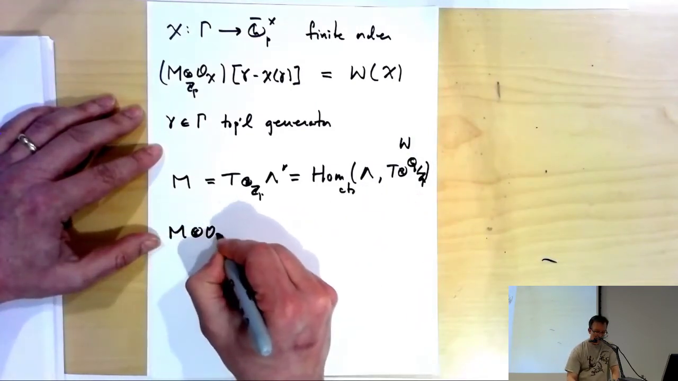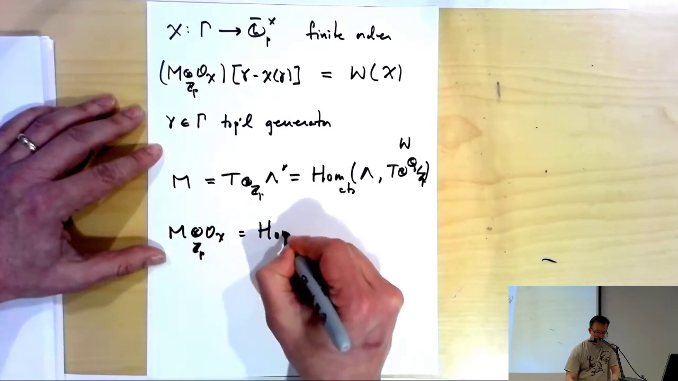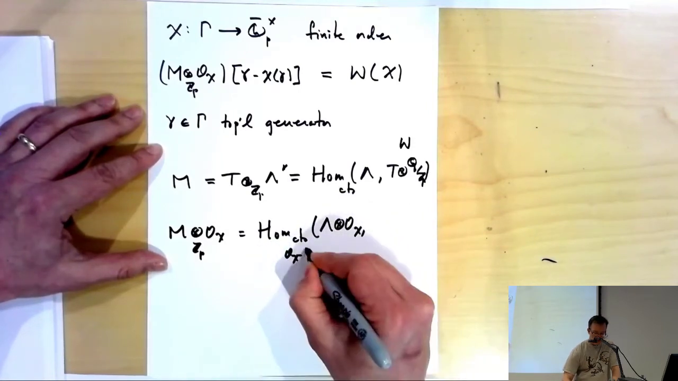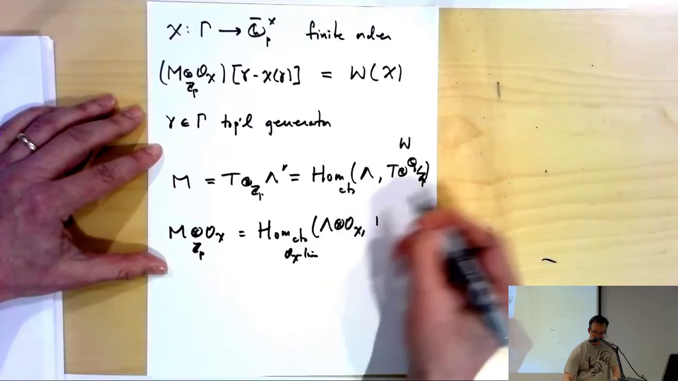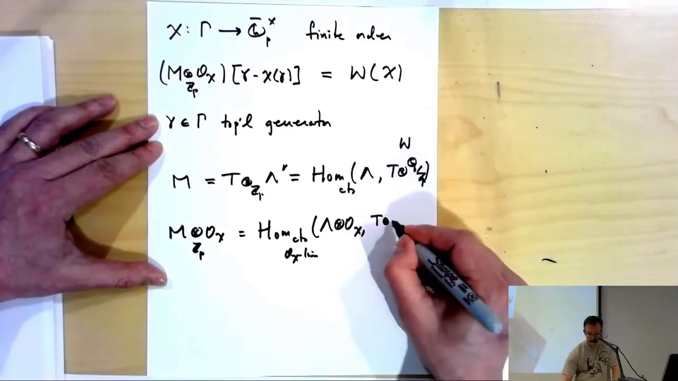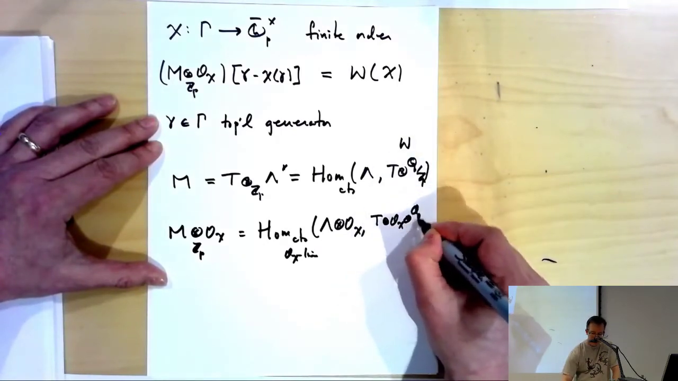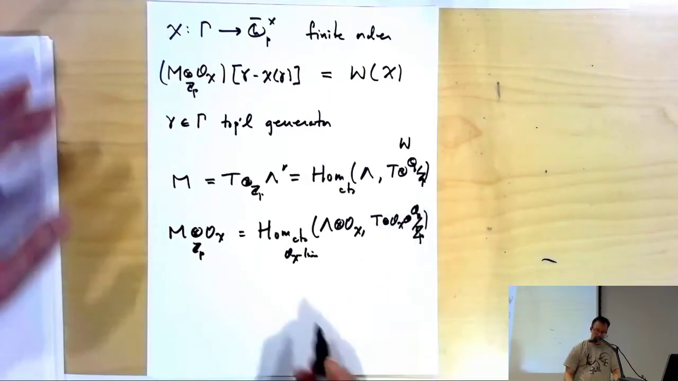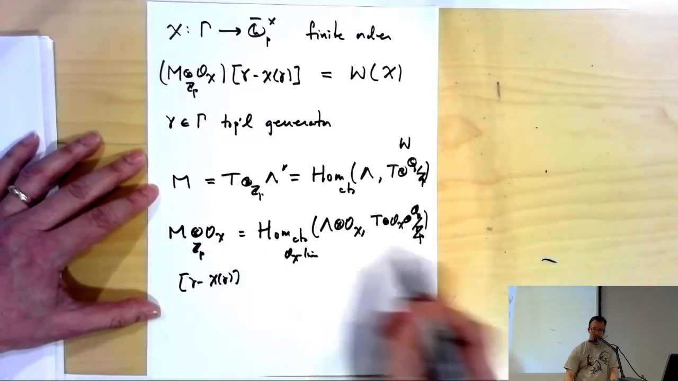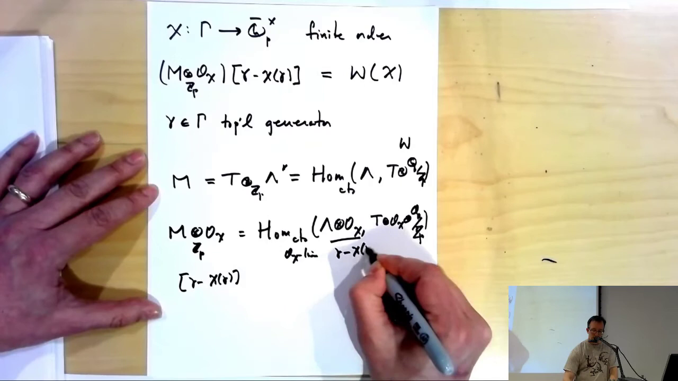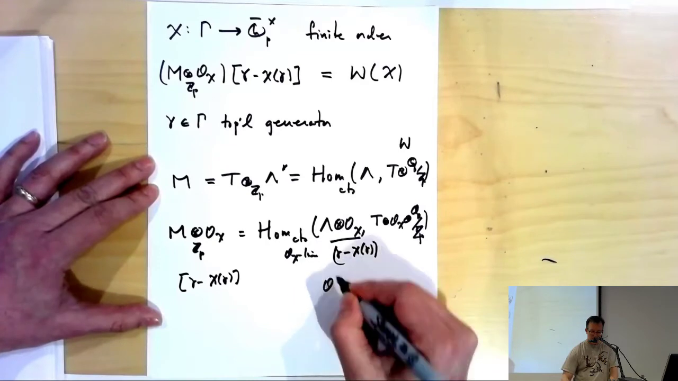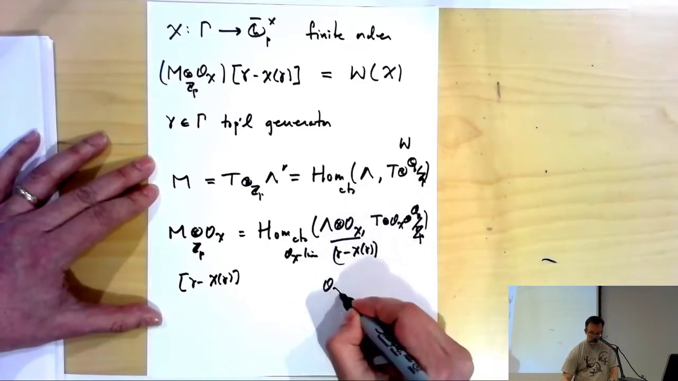we have M tensor O chi, and we can think of those as the continuous homomorphisms from lambda tensor O chi, and maybe we can even make them O chi linear homomorphisms into T tensor O chi tensor QP mod ZP. Okay, and then when I take the gamma minus chi of gamma part of this, by duality that's modding out by gamma minus chi of gamma here, and that becomes O chi